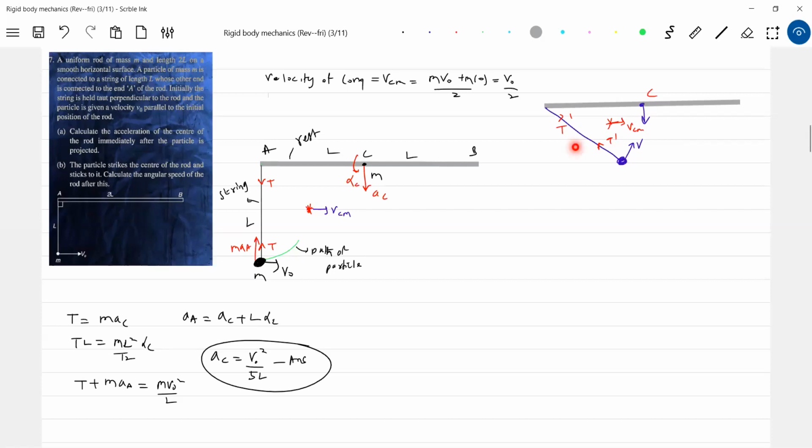So can we do this in the ground frame, the motion of the rod and the particle? Very difficult. So let me do this in the center of mass frame, because the net force on the system along the x and y axes will be zero. In the center of mass frame, how will this rod appear to move? Towards left. And this will be moving with a velocity v0 by 2. So initially, and it will finally go and collide.